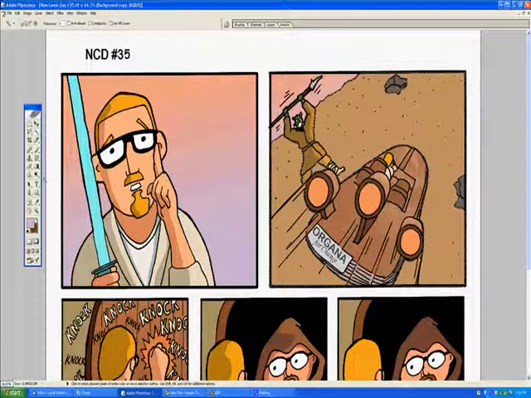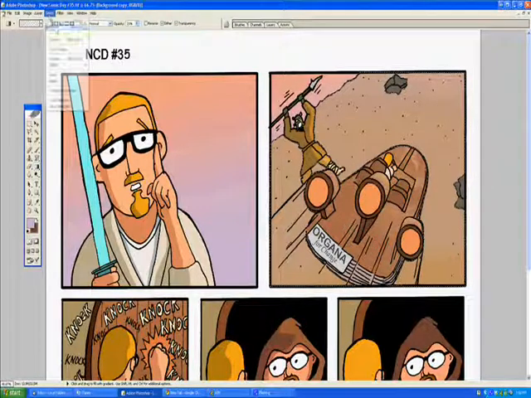I'll add a little purple. I think I'm going to do a little light gradient over the sand, a little purple. Because I'm going to still treat it